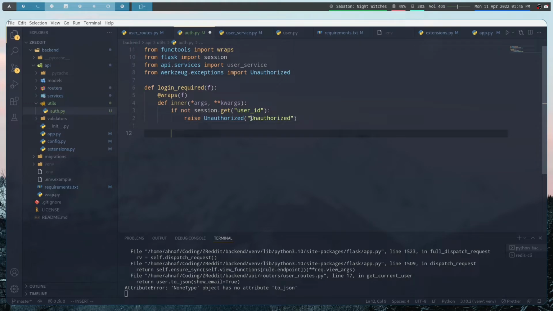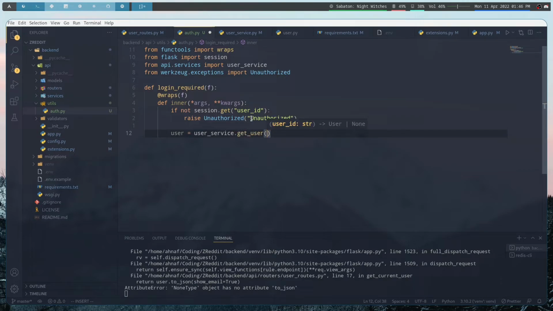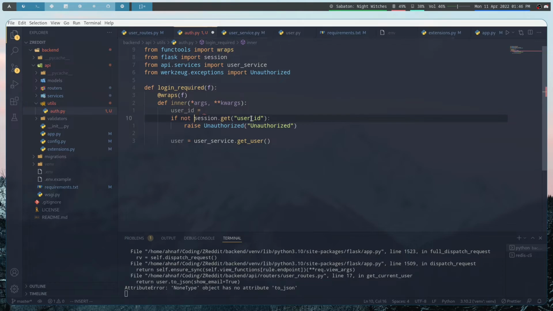And then I want to fetch the user from the database. So user would be user_service.get_user. I also want to put user ID, and this will be,